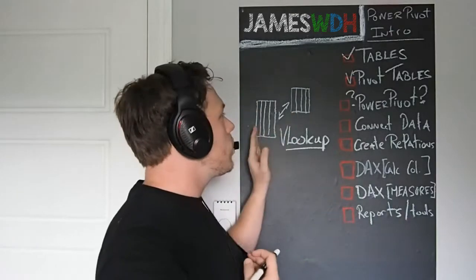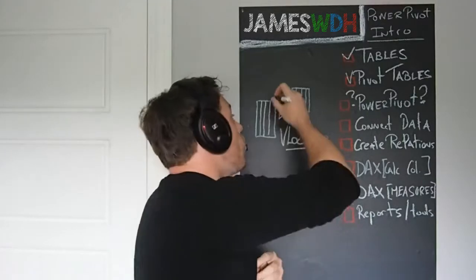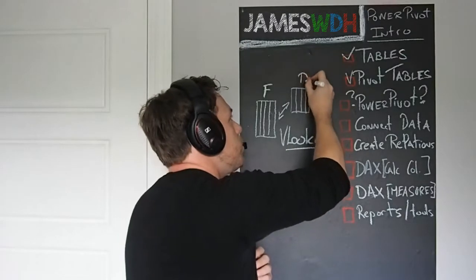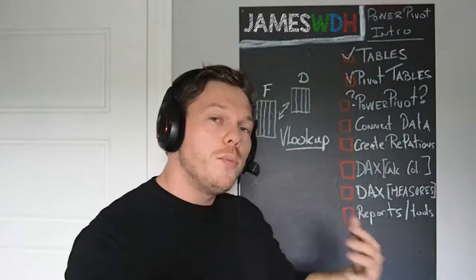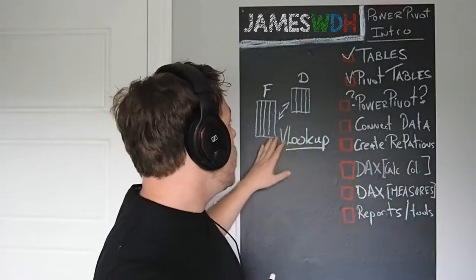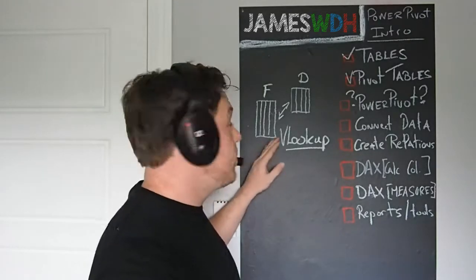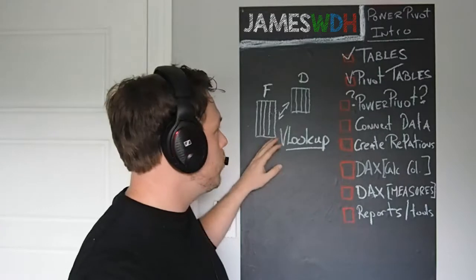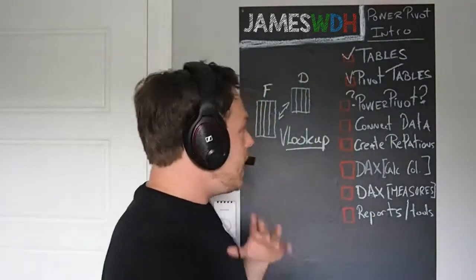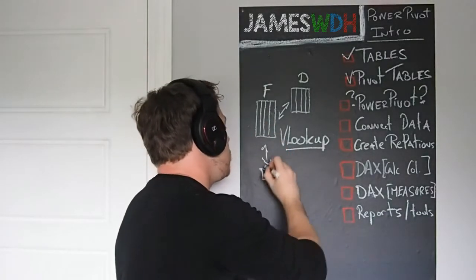Vlookup was our relationship creator. It was what let us create these relationships in between a table, and in this case, we're going to call it the fact table, with a dimension table, right? Because the facts really are all the people here, and the dimensions are the dimension of the signs, right? So this would be my fact table about, in one case for this example in Excel, the birth dates and all the people in it, the main table, and I would get a dimension table which would contain all of my information. And what's interesting is not when you only add one dimension, but when you add multiple dimensions,